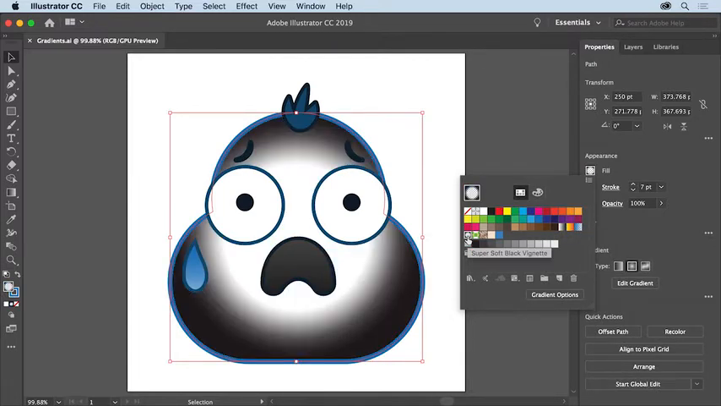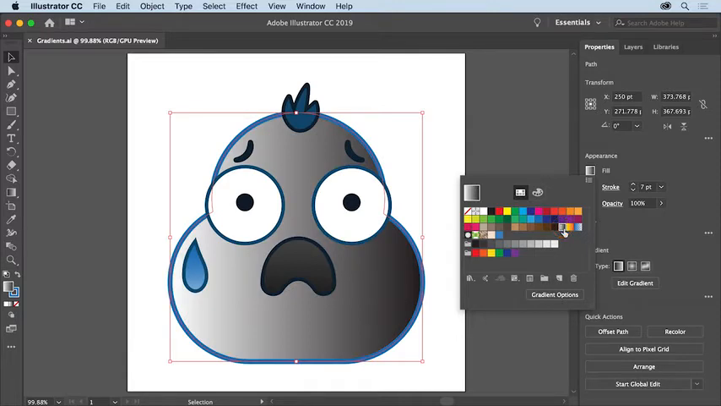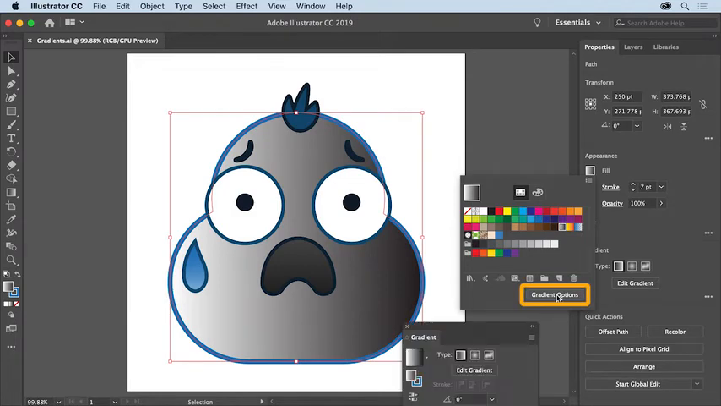Gradients can add interest, depth, and dimension to your artwork. And in Illustrator, gradients can be applied to the fill or stroke of most objects. Make sure you finish by applying the gradient called white-black here. Once you apply a gradient, you can then edit the colors as well as how it appears in the selected artwork. To edit the gradient, click the Gradient Options button at the bottom of the panel to show the gradient